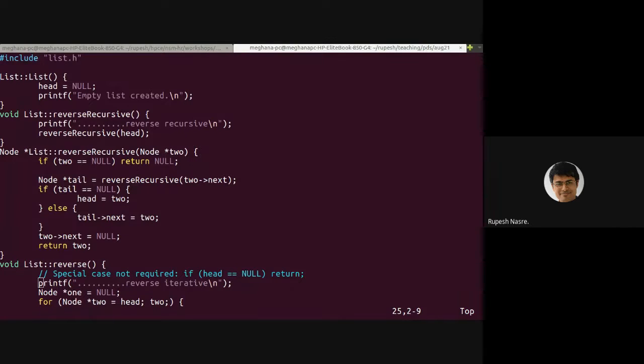So can't we put all of these functions in list.h? Yes, you can, and it will compile fine. Then we don't need to link it with list.cpp. But this becomes a modularization of the code where only the API, only the interface, is in list.h, and the implementation is separate.